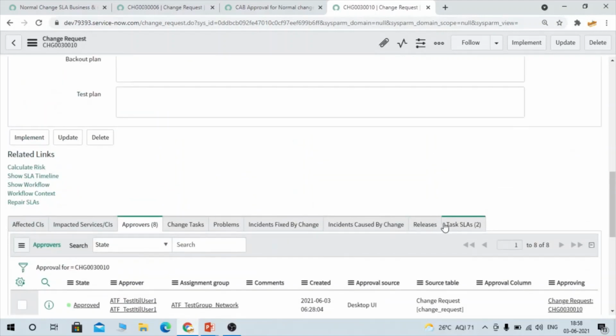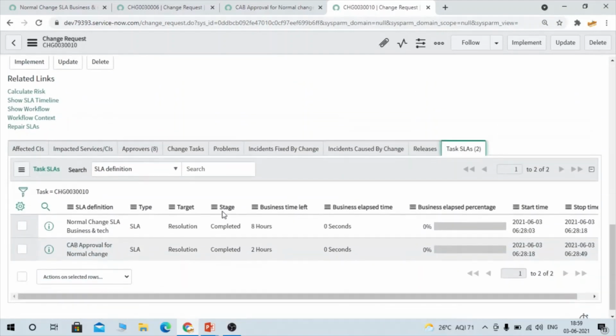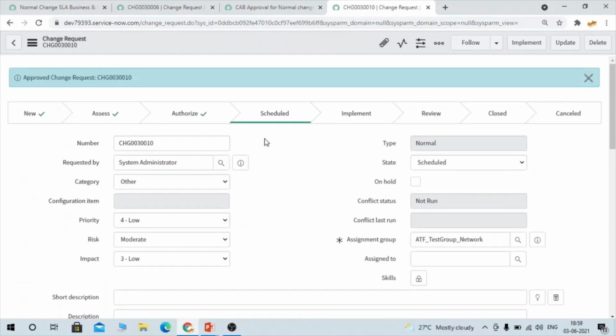Okay, let's go and check. So you could see even our CAB approval for normal change got completed. So if this approval does not get done in 8 hours for business and technical, this SLA will get breached. Same for CAB approval. So this is how you can configure the SLA.